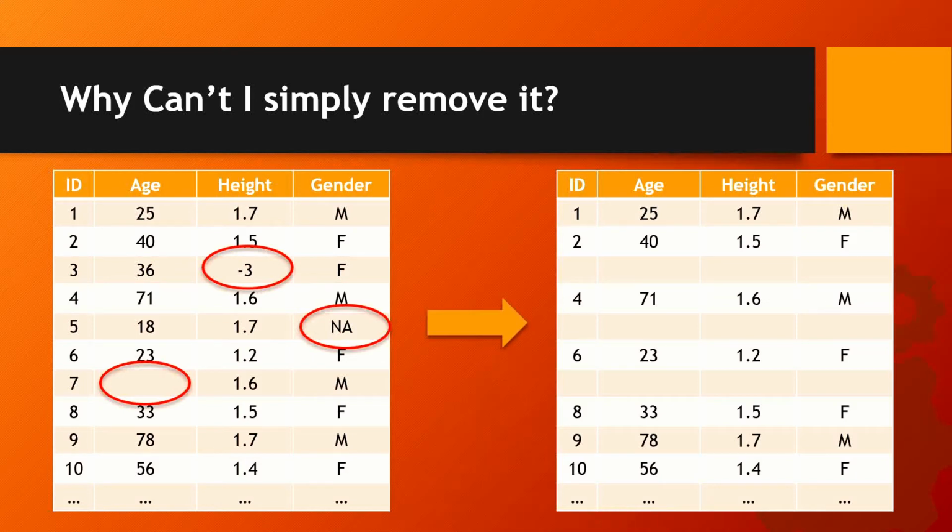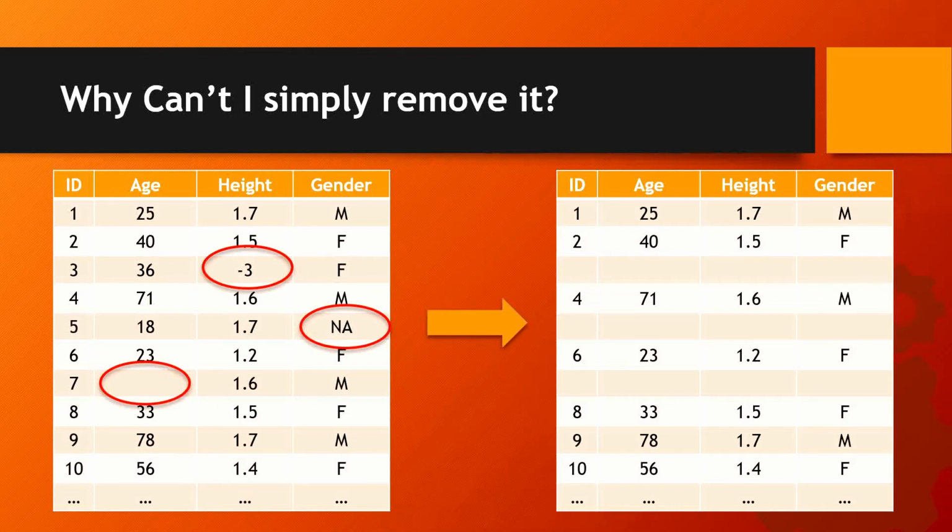So let's try doing that on this dataset and see what happens. If we take the first 10 observations and apply this particular operation on the rows that contain missing values, we get the following output. And you can see that we have lost around 30% of the data that was originally provided to us. Intuitively, this does not seem right. Why? Because we are unnecessarily losing some useful data in other columns which could have been useful to us.